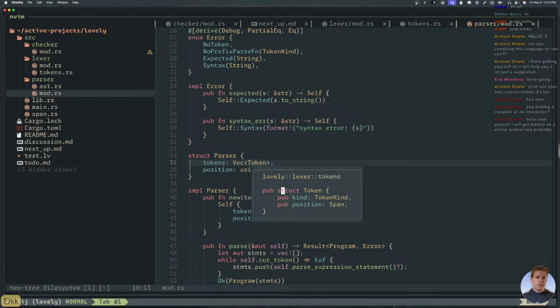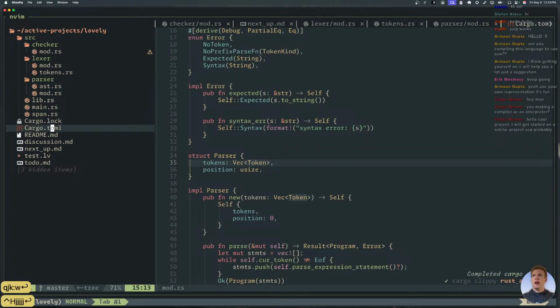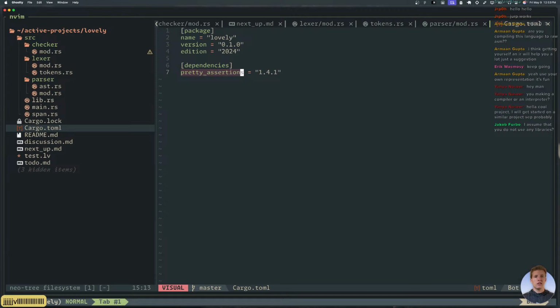I assume that you do not use any libraries. Thus far, I'm only using pretty assertions, which just makes the assert eq look nicer for tests. I wouldn't even count that because that's more like a dev dependency.